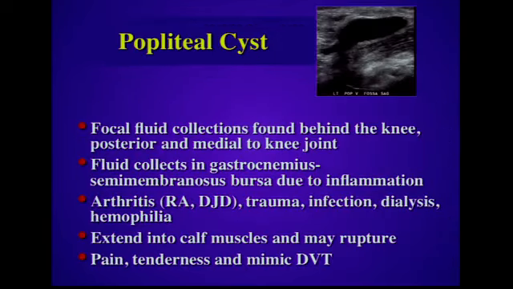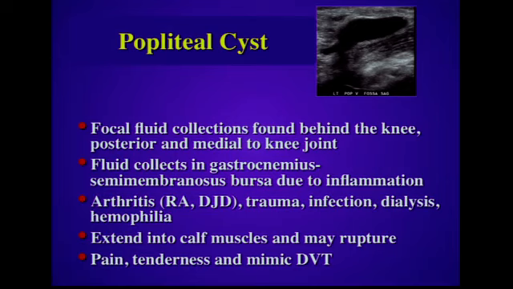Another common finding is a popliteal cyst. A popliteal cyst represents a focal fluid collection found behind the knee, posterior and medial to the knee joint. Fluid typically collects in the gastrocnemius semimembranosus bursa due to inflammation. This can be related to arthritis, such as rheumatoid arthritis or degenerative joint disease, may be related to trauma, infection,